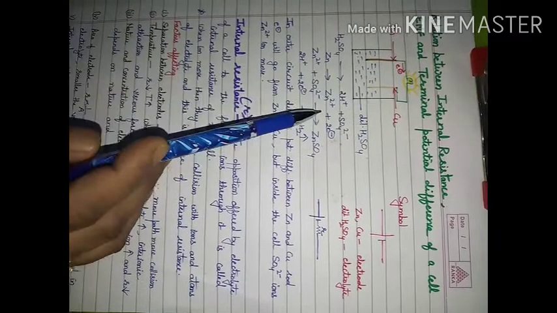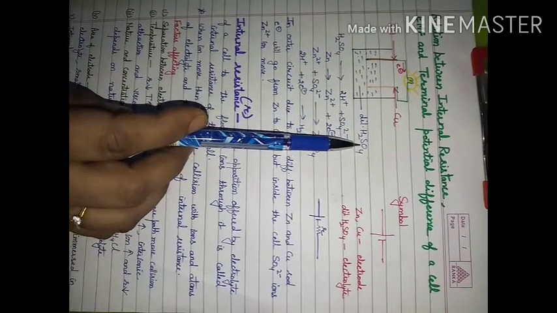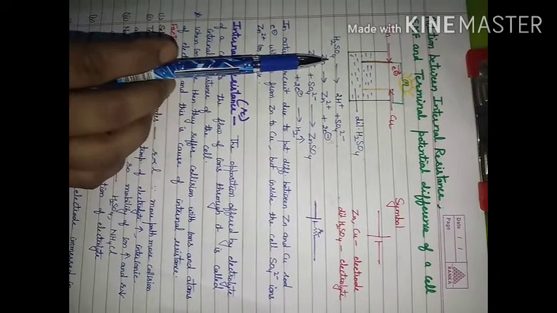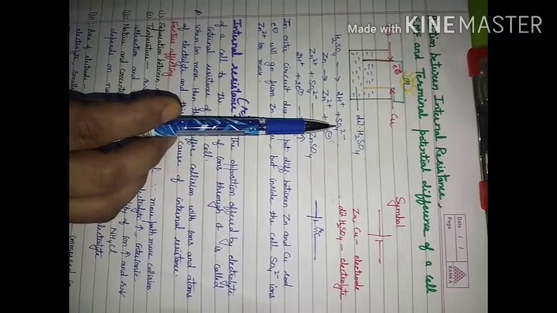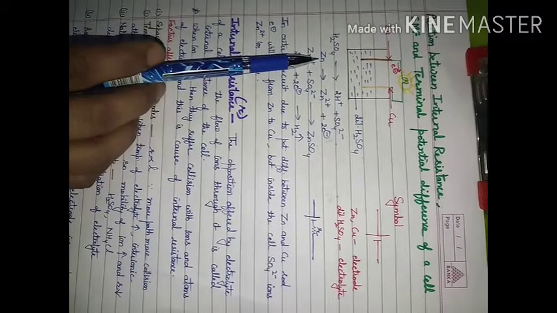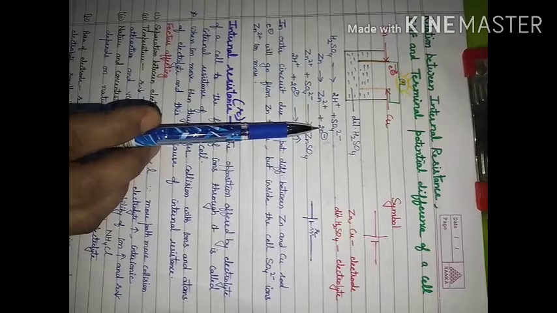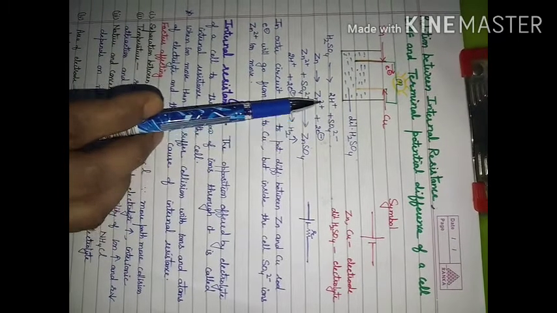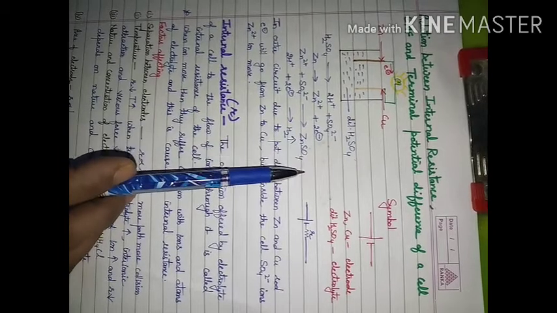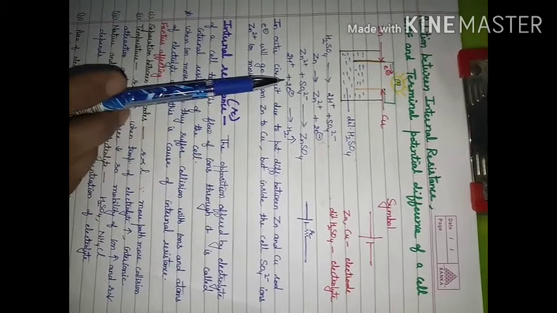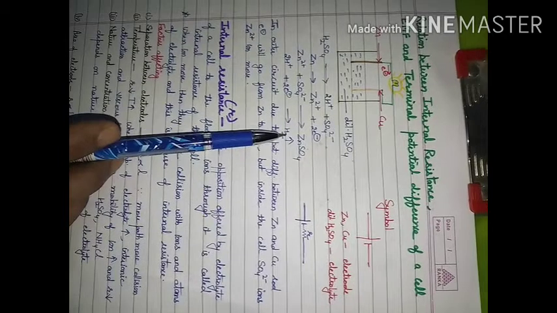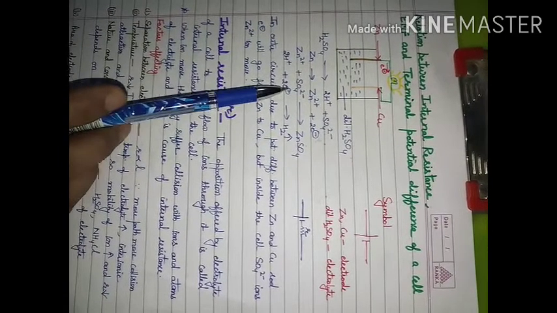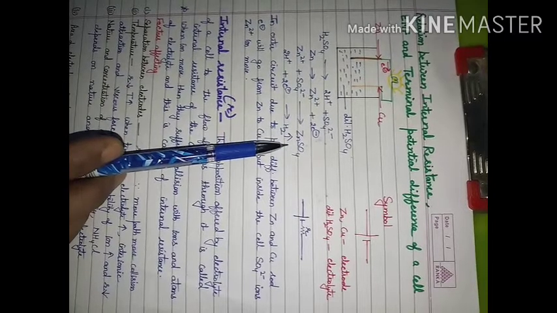And the chemical reactions we have considered: the electrolyte will dissociate into ions, hydrogen ions and sulfate ions. H2SO4 will give you 2H+ and sulfate ions. A zinc atom will change into a zinc ion by giving 2 electrons. These zinc ions and sulfate ions will combine and form ZnSO4. Hydrogen ions will gain 2 electrons and change into hydrogen gas.